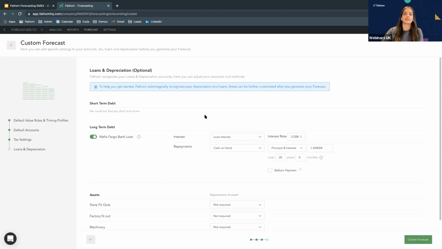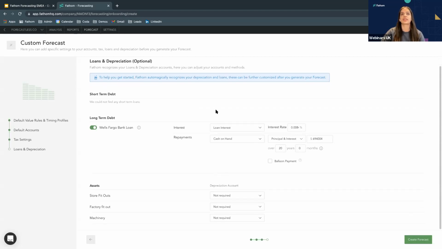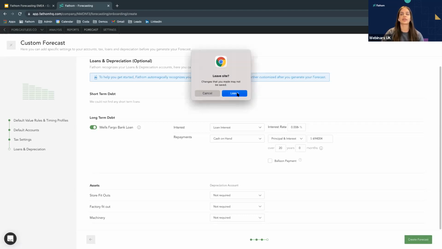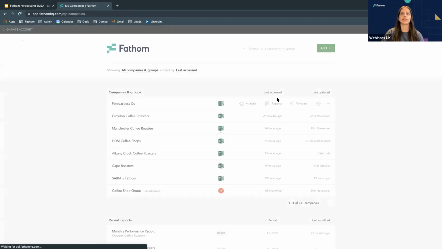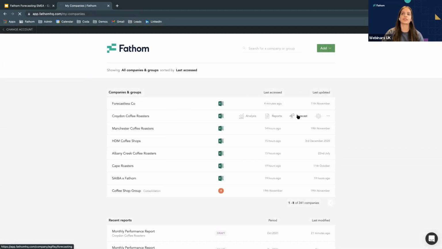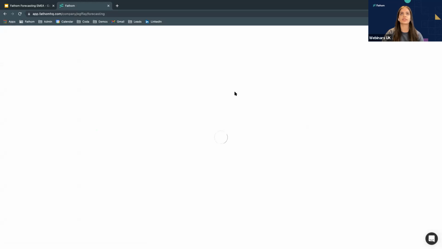Next, we have loans and depreciation. So this just recognizes kind of short-term and long-term debt and any depreciation accounts associated with assets. So you have the option to choose that here. As we can see, it has already recognized some long-term debt from my financial data. Just going back to my demo company now. So if I go into Croydon Coffee Roasters,